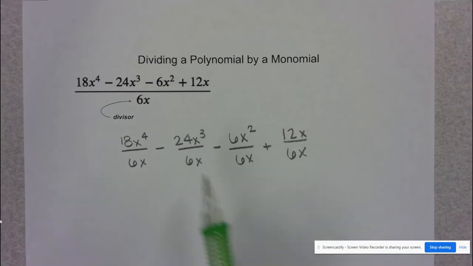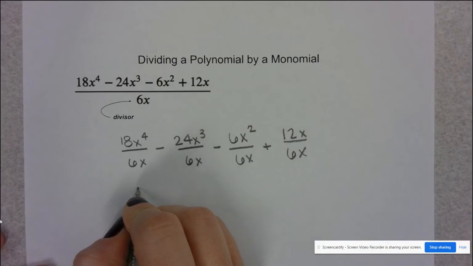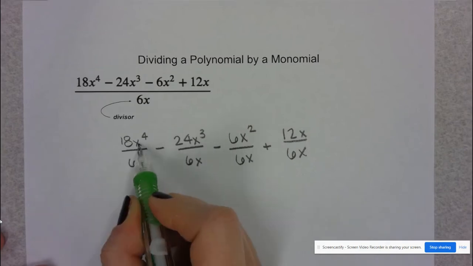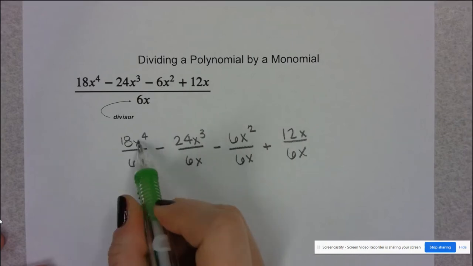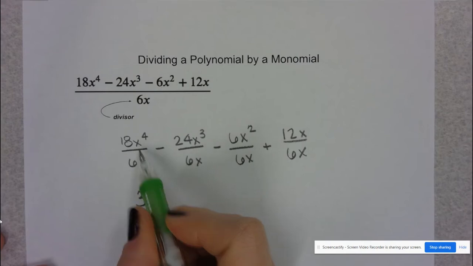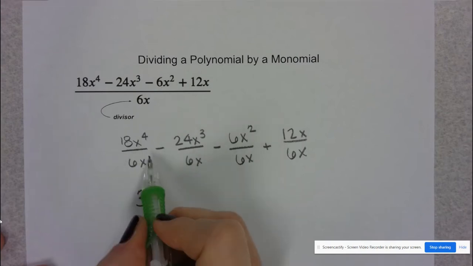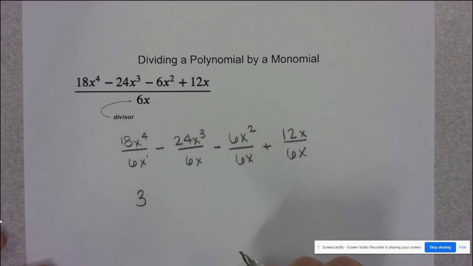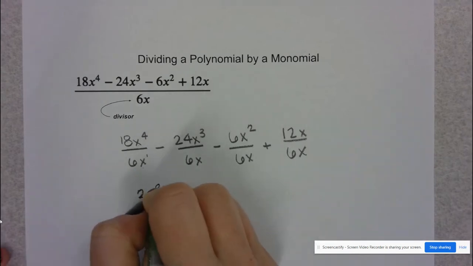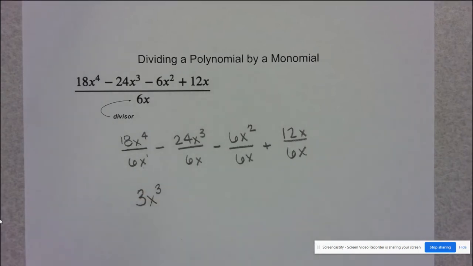And now I'm going to simplify each of these fractions. Well, 6 goes into 18 3 times. And remember our exponent rules, x to the fourth in the numerator and x in the denominator. Technically, this has an exponent of 1. And when I have the same variable in the numerator and the denominator, my exponents subtract. So that's going to leave me with x cubed